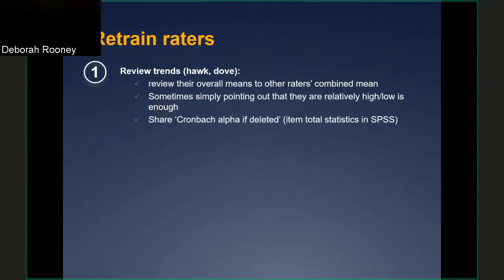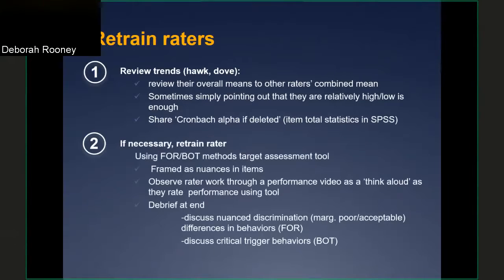Now, sometimes folks need a little more information, a little more evidence, so I might share the index called the Cronbach alpha if deleted, and that's available through SPSS and described through Dr. Todd Grand's YouTube video as well. And this might be enough to recalibrate raters. If it's not, we might have to do a full retraining of the rater again, and this is time consuming,